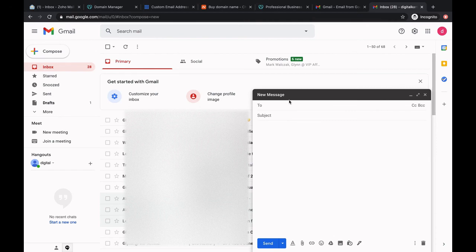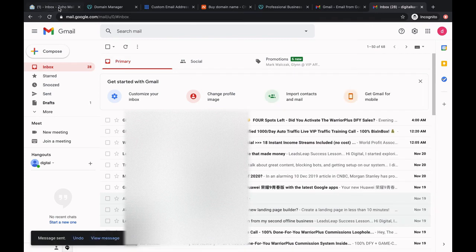Gmail account. Now I'm going to send an email to the newly created account. Let's see whether the email is landing there. Sent out an email.